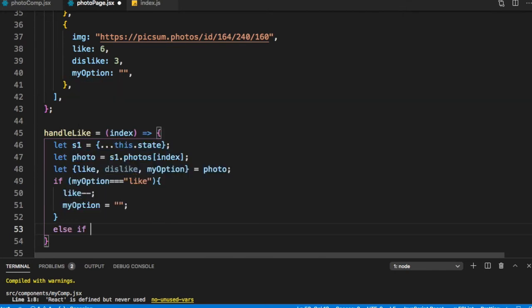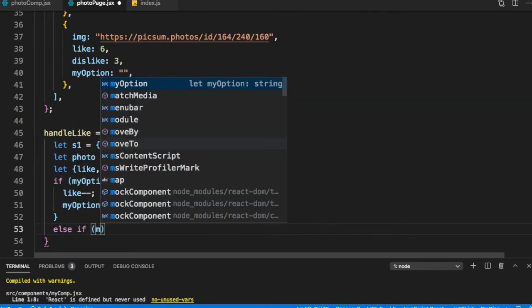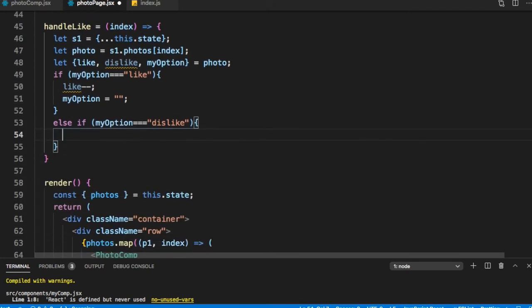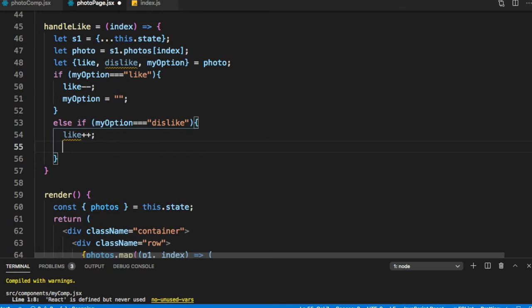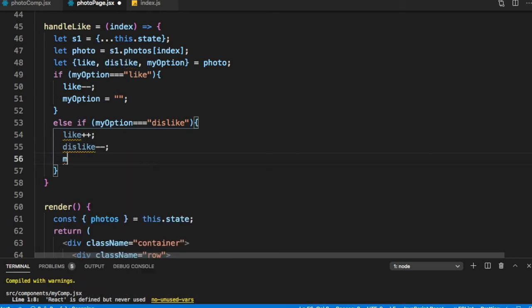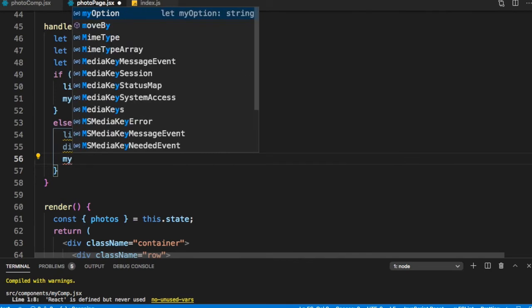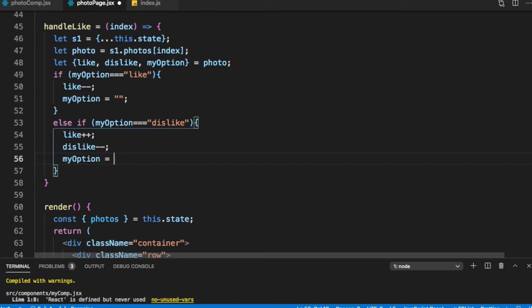Else if my option is equal to dislike. So if my option was dislike, then what do I need to do? My like would increase by plus plus, my dislike would reduce. I'm not disliking that photo anymore, and my option will be equal to like.